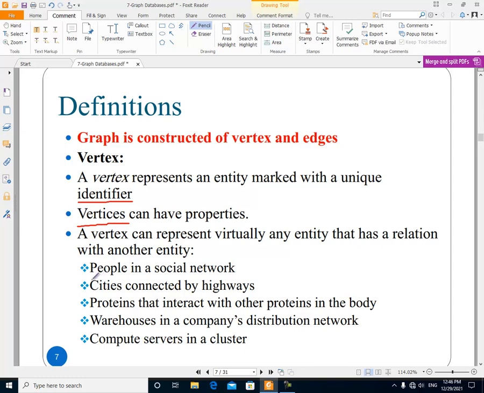For example, it could be the people in a social network. It could be the cities that are connected together. It could be the proteins in our body that have interactions with each other, and it could be the warehouses in a company. So the vertex could be any concept,